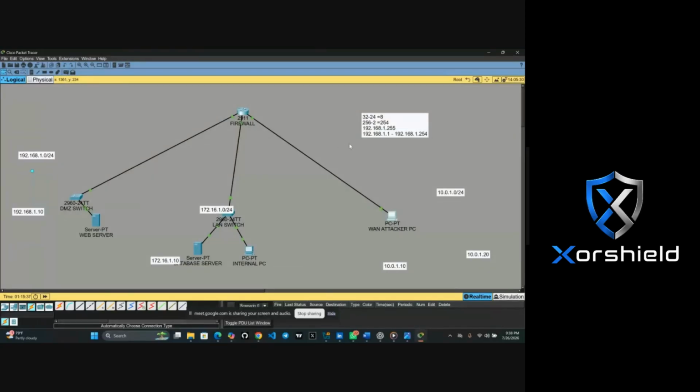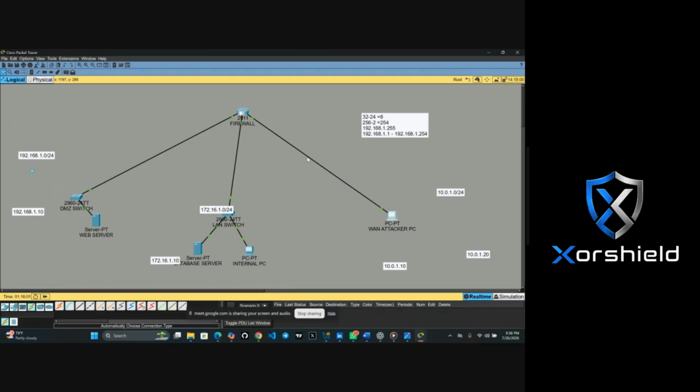But one thing is, as long as the port you connected is showing, and you have configured it on the router, are you getting it? The only thing that can make this change is, let's assume it is the DMZ switch that you connected to the firewall first.